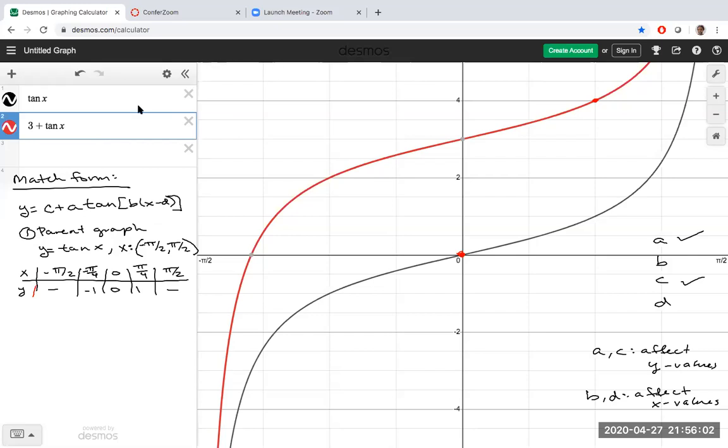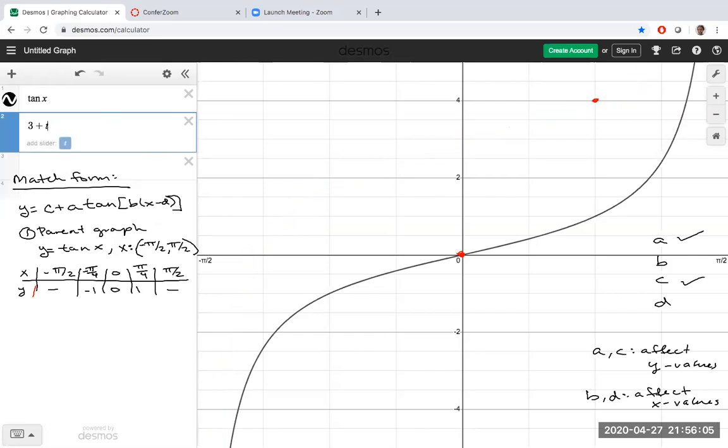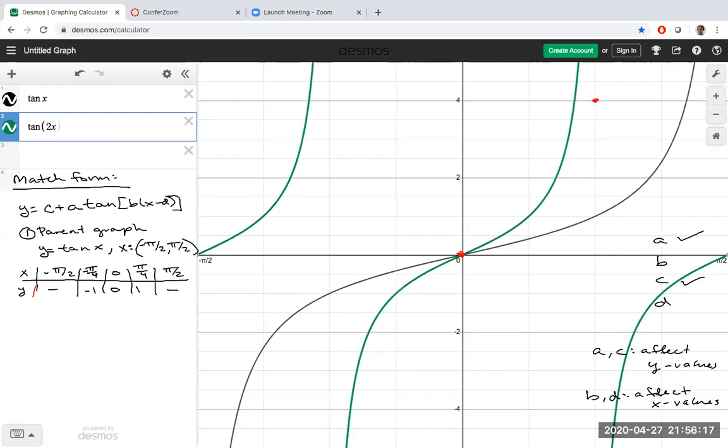So what I'm going to do, I'm going to start with B. Let's go ahead and use a Y equals tangent 2x. Let me save and then erase this part. Okay, so what's happened here? All right, essentially,